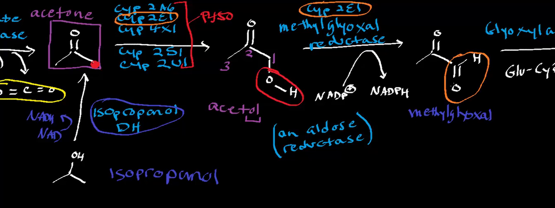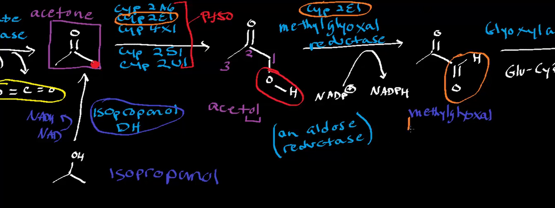So if CYP2E1, which is a P450, gets a hold of acetone, it's not just going to do this simple hydroxylation, it's also going to oxidize the alcohol into an aldehyde. Keep in mind that aldehydes are one oxidation step up from a hydroxyl group. So the key is CYP2E1 will not just hydroxylate, it'll oxidize the hydroxyl group into an aldehyde, and that generates